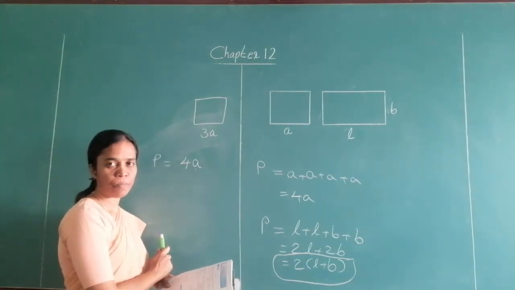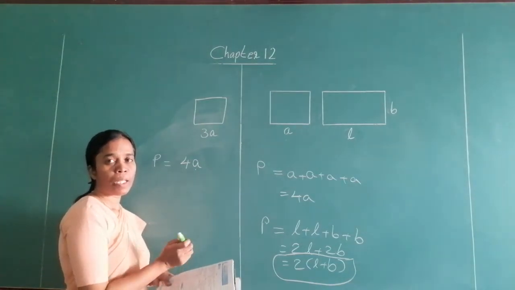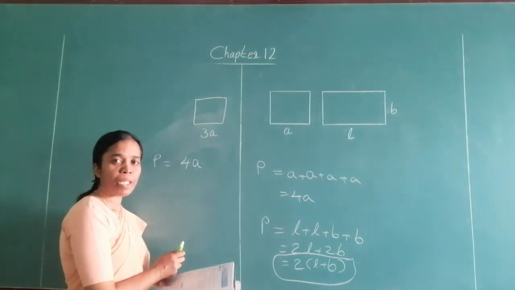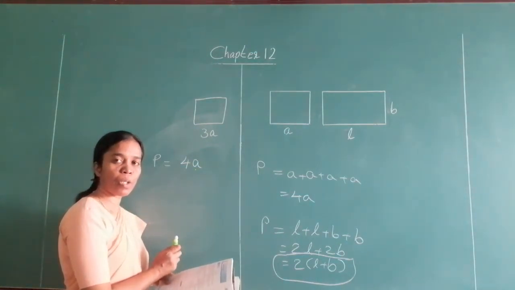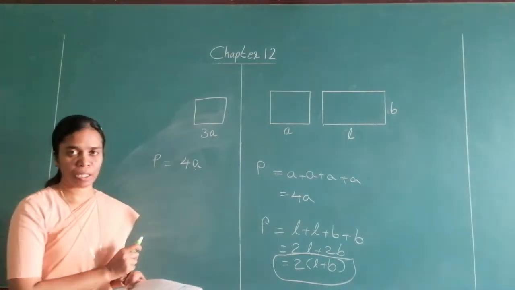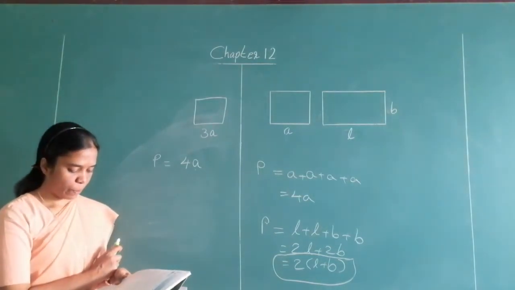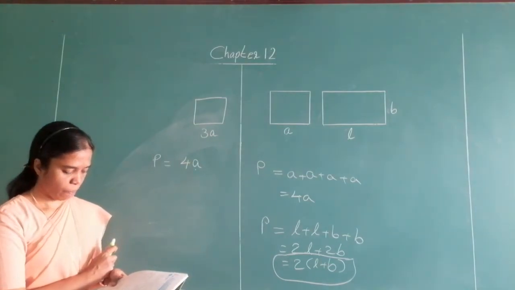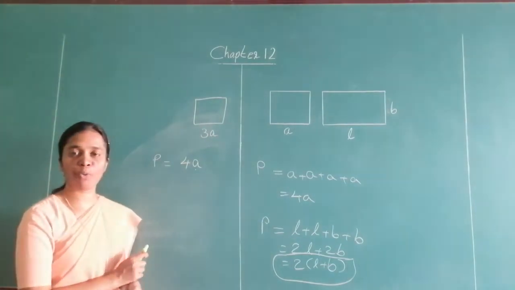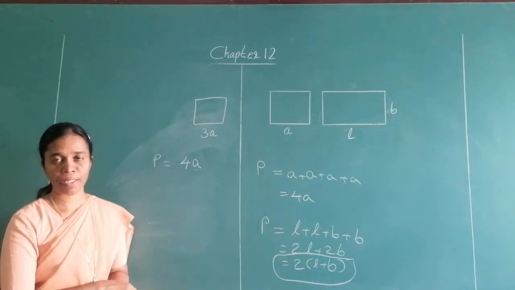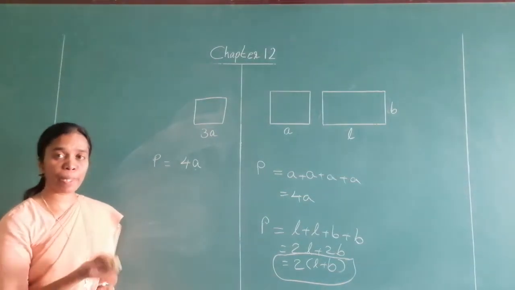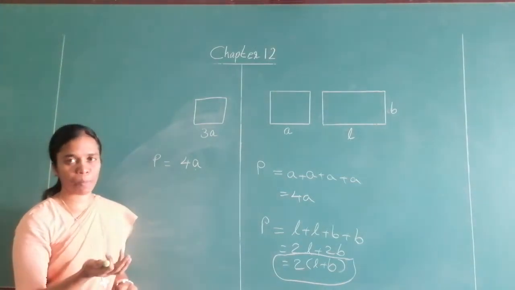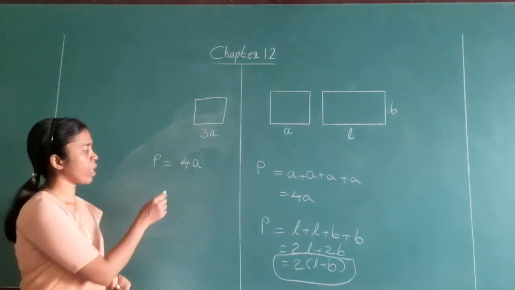Next line. Perimeter of a square with tripled length. Tripled means 3 times more. Okay. Equal